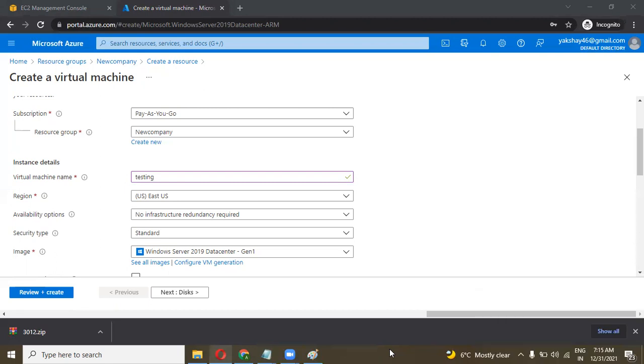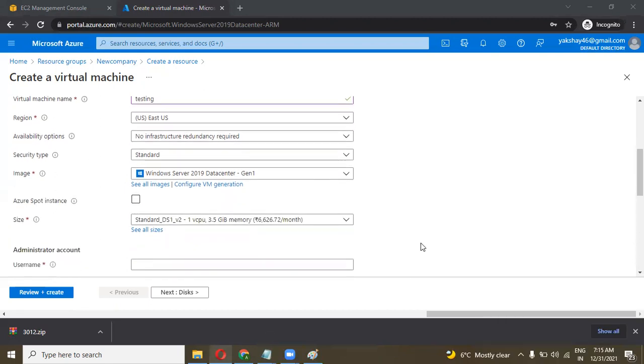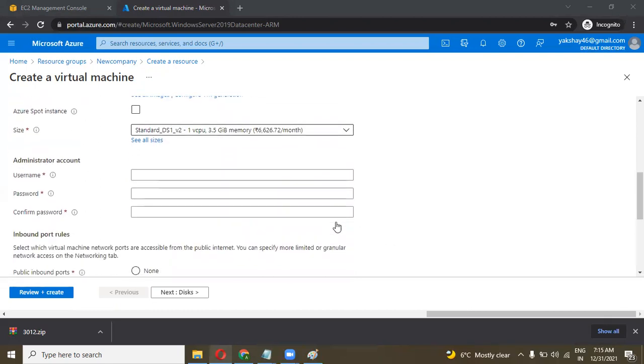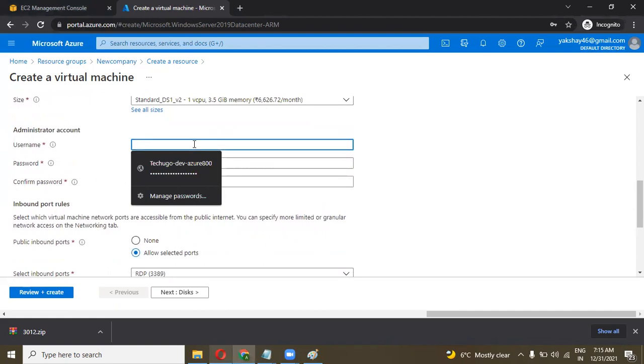Okay, so I select and everything set as default. Next, username.